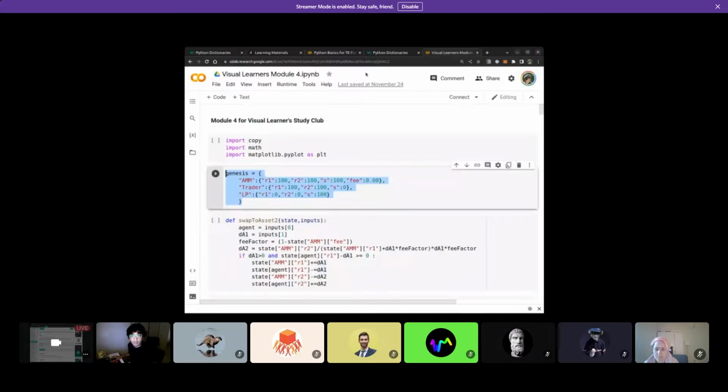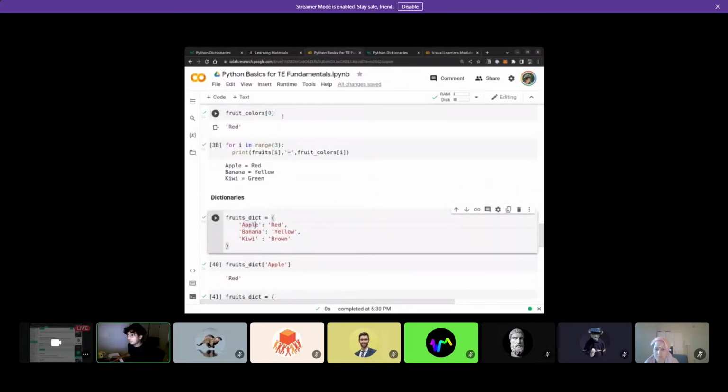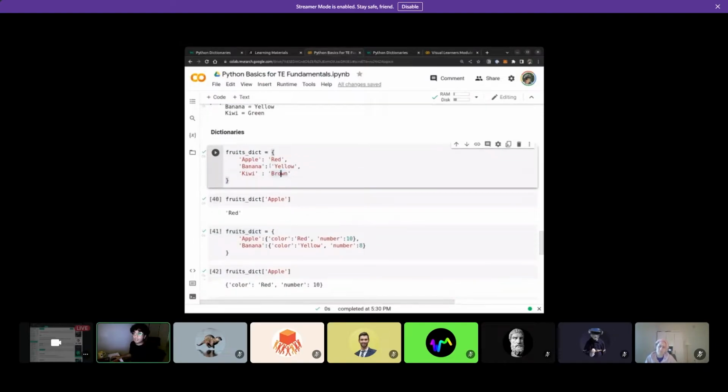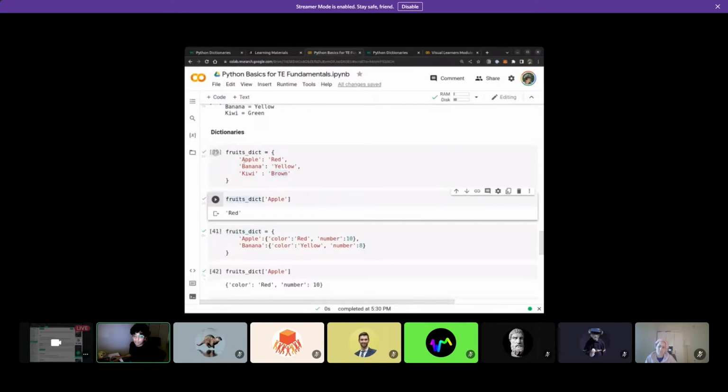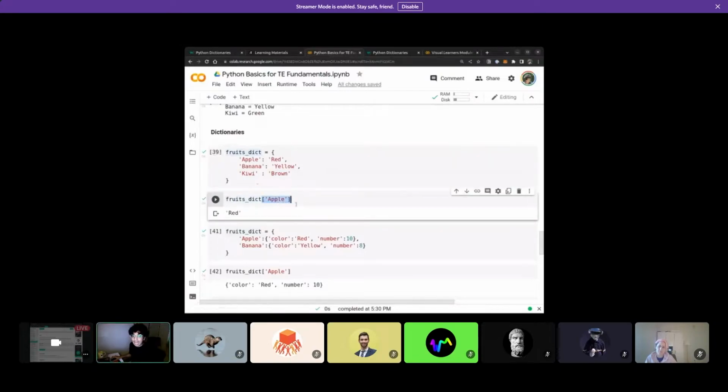Now, if we go here, this is what we're doing. Instead of having two lists with the elements having an association, we have one entire dictionary where apple is red, banana is yellow, and kiwi is brown. The way I can call this is I call the dictionary itself, which is the variable that we define, and have a square bracket and call apple, which is the key, the first part of it. And it will give me red as the